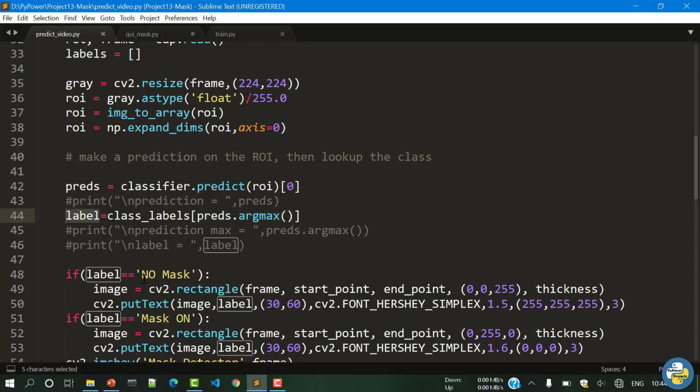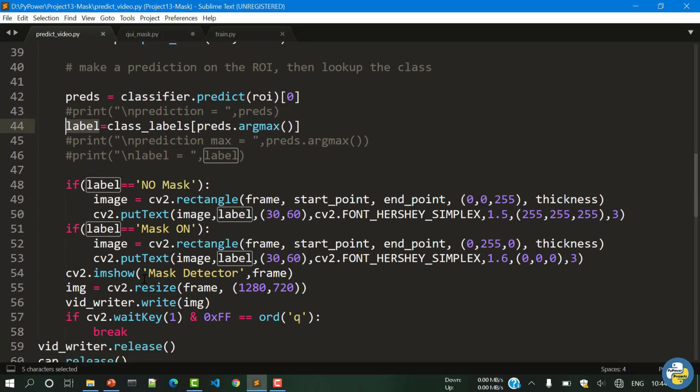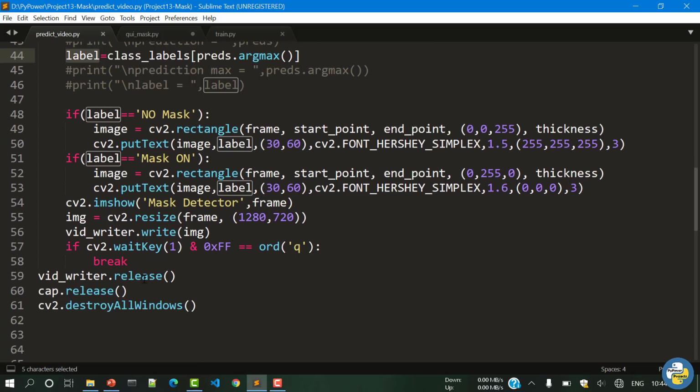If the label is no mask, then it will draw a red rectangle and put the text on it, and if it is mask on, then it will draw a green rectangle and put the required text. After that each and every processed frame will be shown by the cv2.imshow function, and after that this function will write each and every individual frame into the video file.